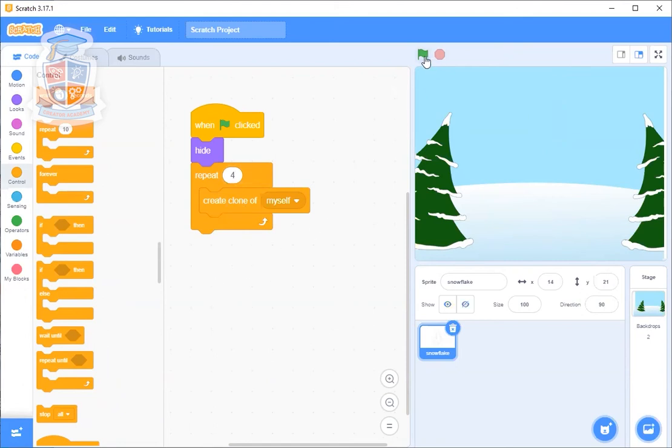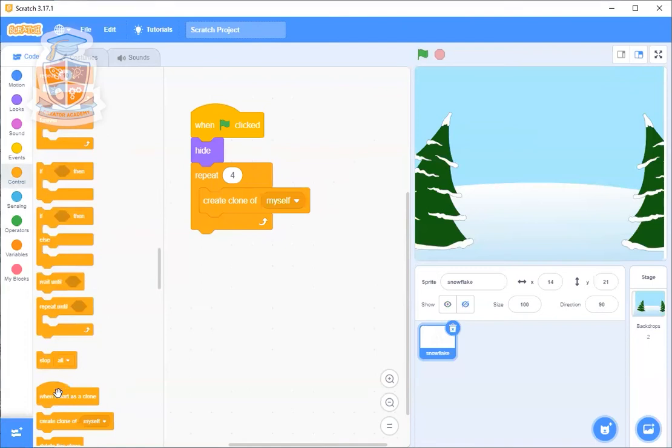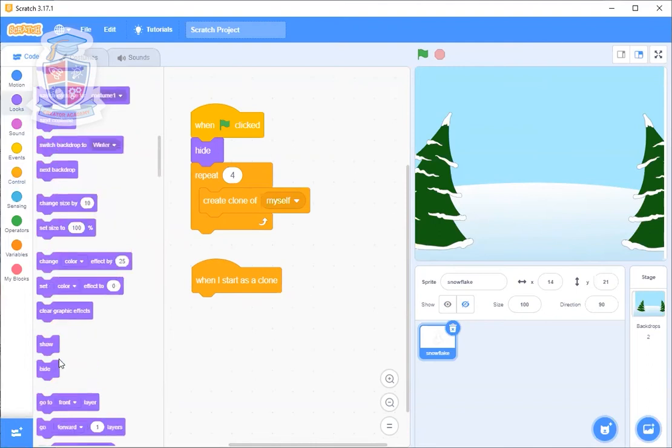So if I click on this, whoop, I've disappeared. I wonder what I'm missing. Yes, Marcus. You forgot to show yourself. Good, very good. And also, you've got nothing when you start as a clone. That's right. So when I start as a clone, I drag it in from control. And then I gotta go show myself. So I click on the flag and have a look. Yep. We now have our